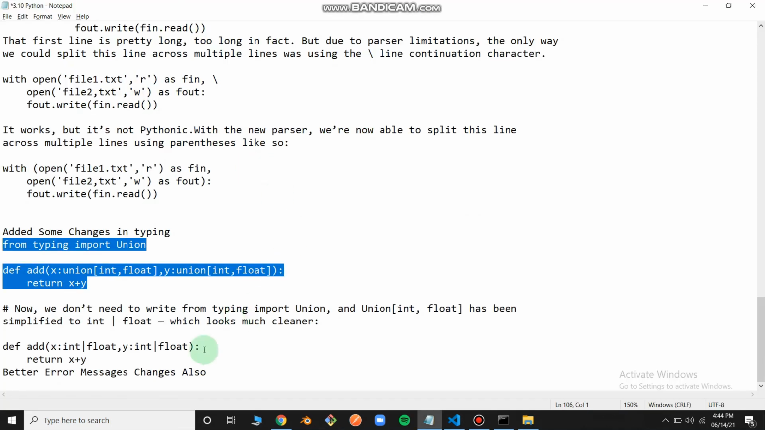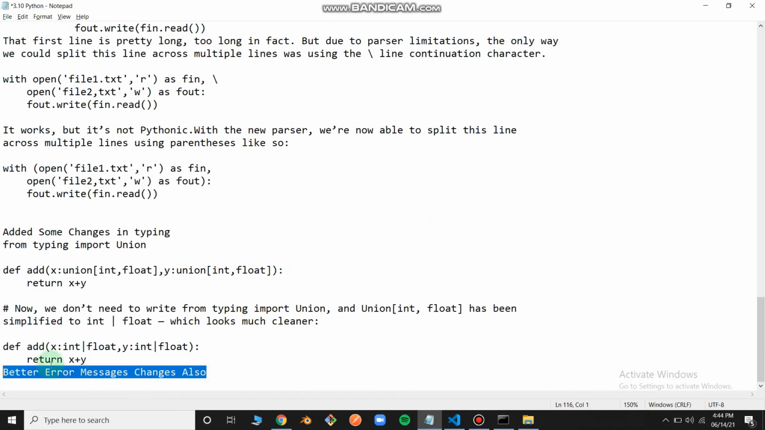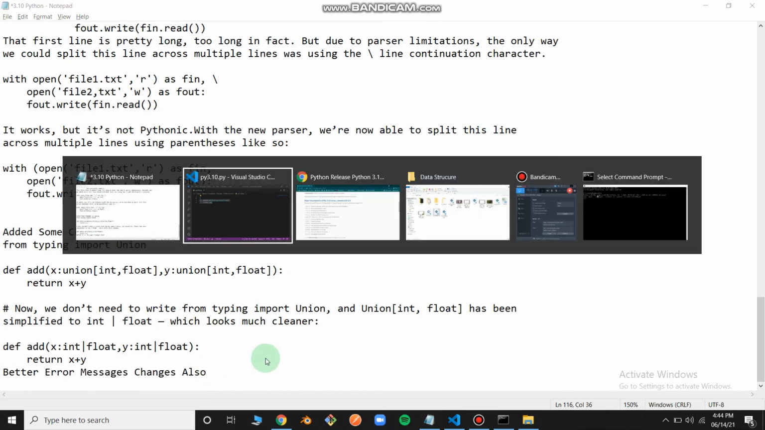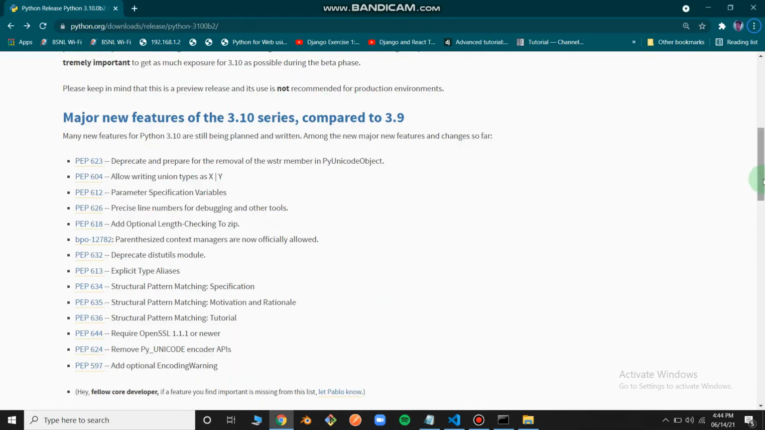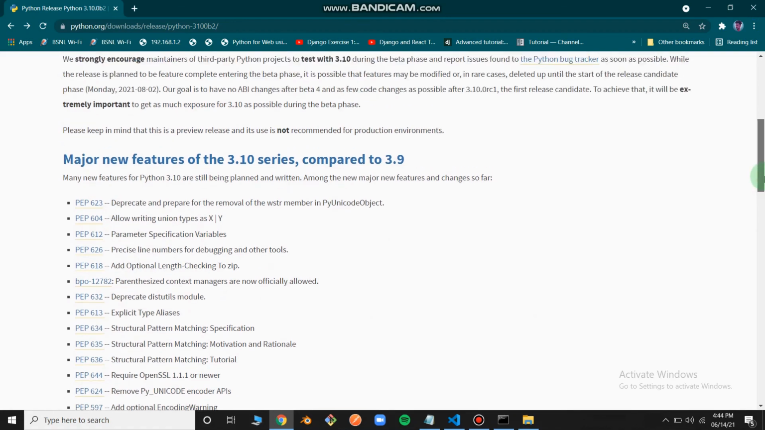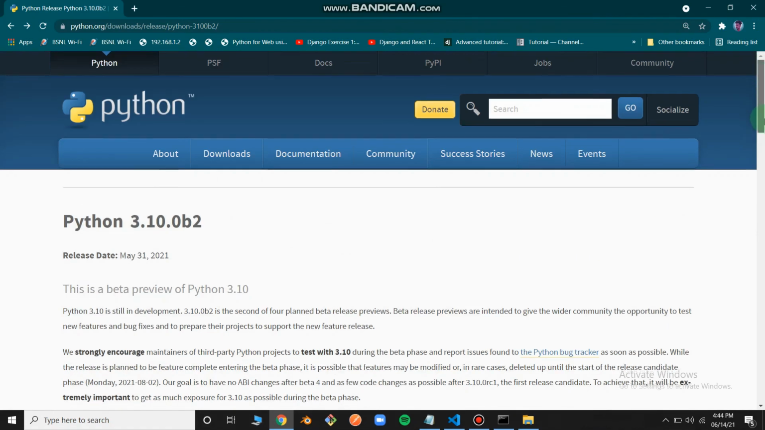And yes, there are lots of good changes, like better error messages, and you can explore those things here. I will put a link in the description so you can